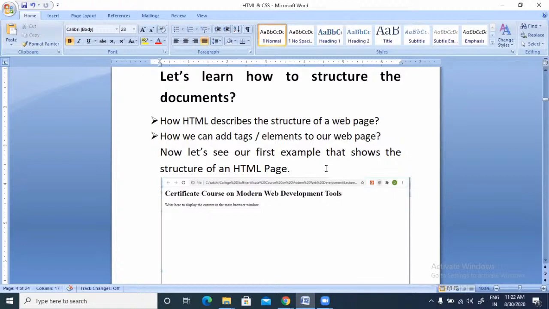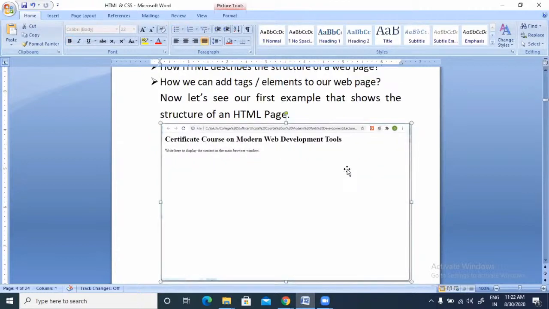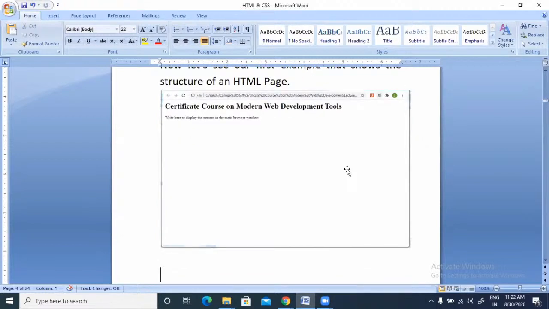This we can learn with our simple example, which is showing you a little structure of an HTML page. Let us suppose I want to create a simple page like this, where I want to show on the top that this is a certificate course on modern web development tools, and beneath that you want to write something. So this kind of web page can be created